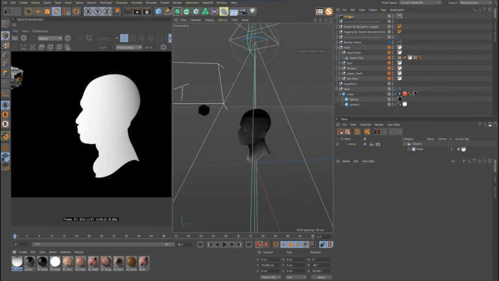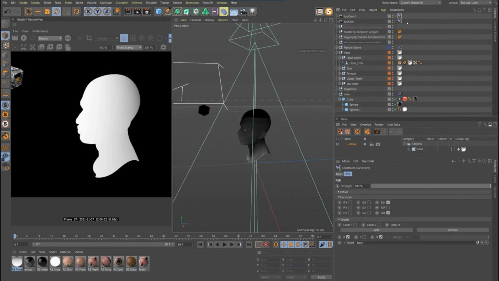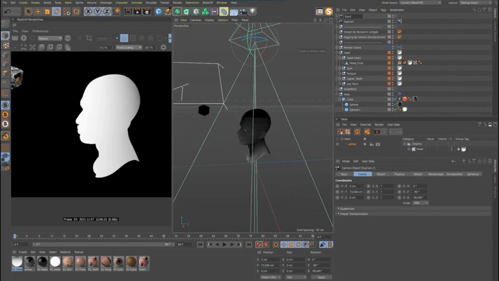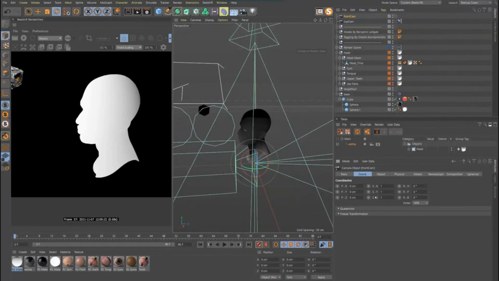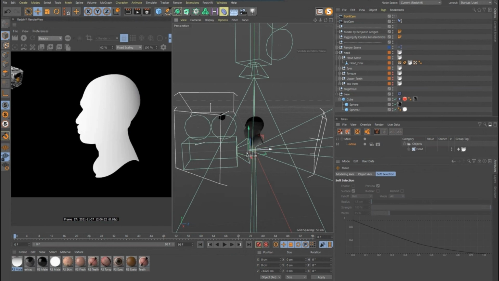So let me close this real quick. And we'll get rid of that because we don't need that. This is top cam. We'll call this one front cam. And let's zero all of this stuff out. There we go. We got our front camera. Take that.